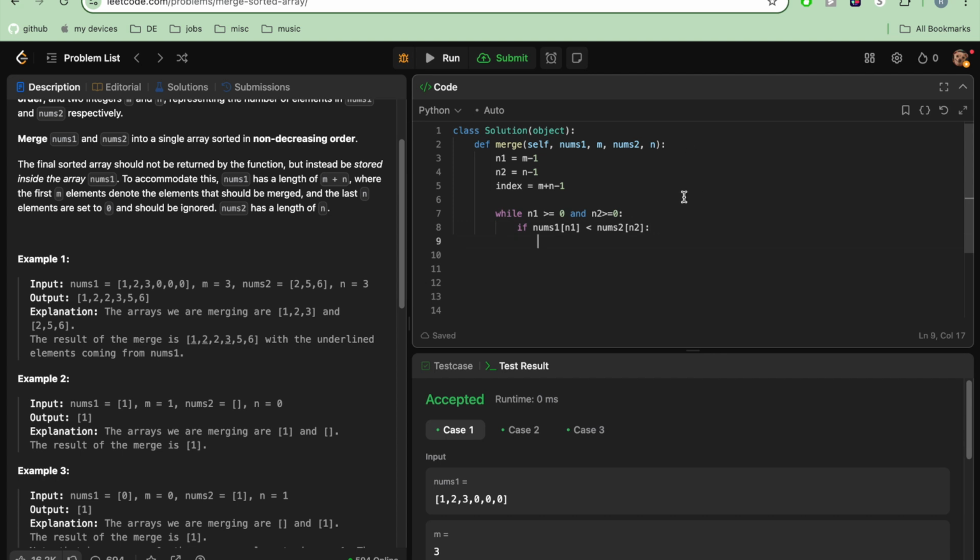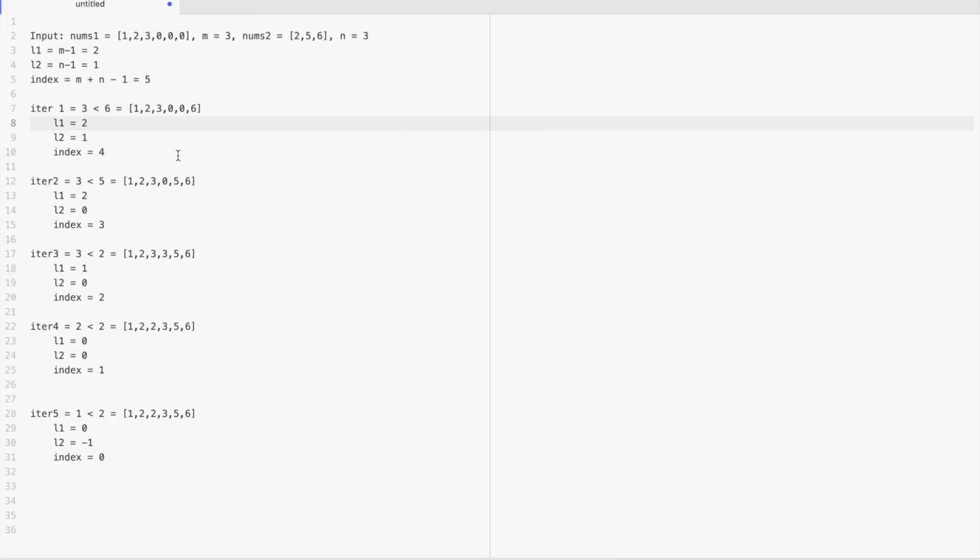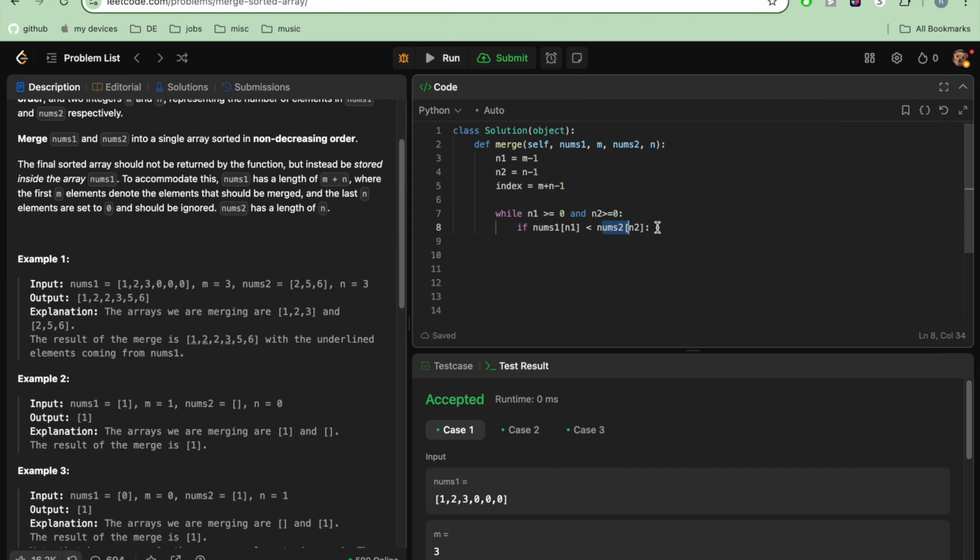So in this comparison, I'm checking if my element from nums 2 is bigger than element from nums 1. This is what I'm trying to do from that statement. So if the element from the number 2 is bigger than the element from number 1, then I'm going to move that element into nums 1 at the index position, which is 5,